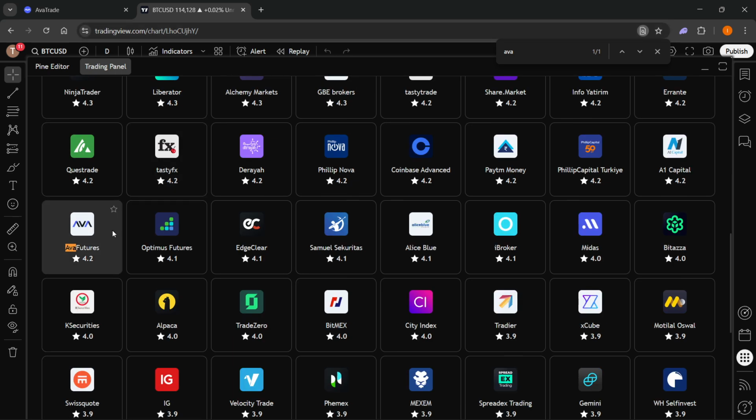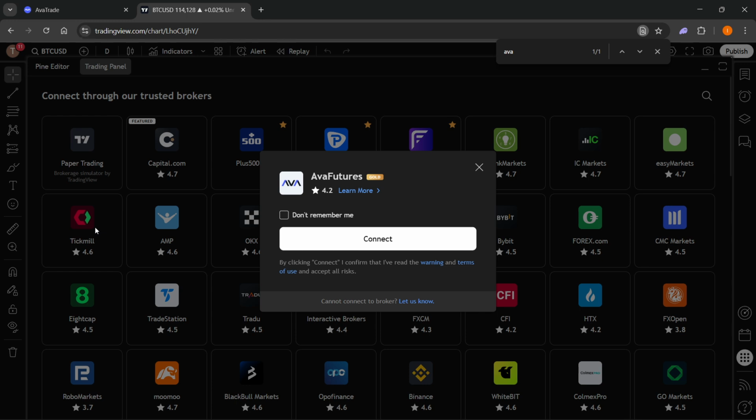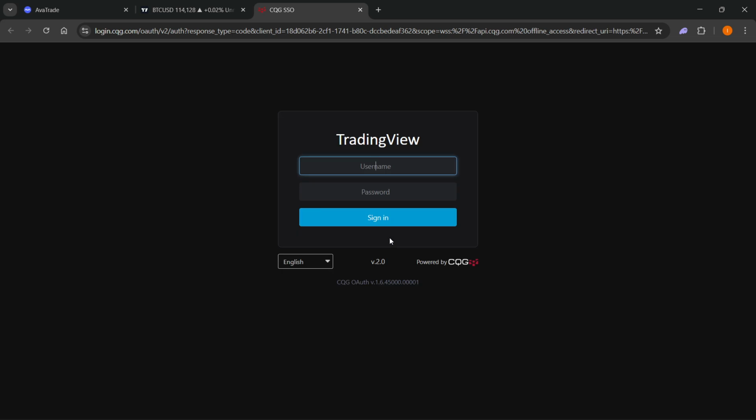And as you can see, the only thing that pops up is Ava Futures. So you can't actually connect AvaTrade directly, however you can connect Ava Futures, okay? So if you're using that, click on Ava Futures over here and click on the connect button. It's going to take you to a login page where you have to just sign into your account, click on the sign in button after you type in the credentials, and then you are good to go. So that's how this